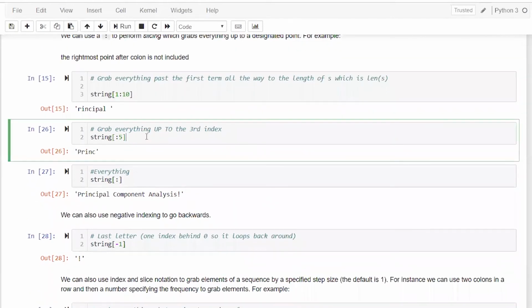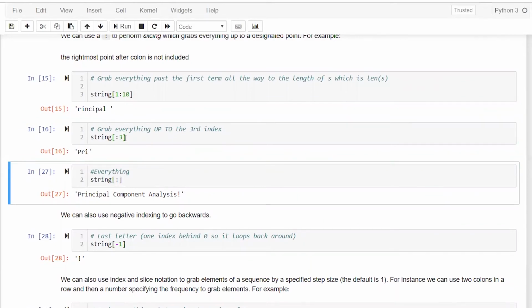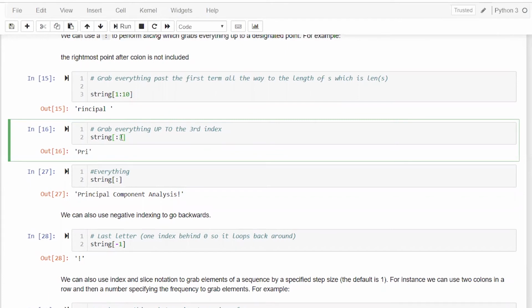Now let's say I want to extract up to the third index, so I specify 3. I can get up till the third index, because the index value 3 is the fourth character, but since this is not included, I'll get the 0th indexed character, the first indexed character, and the second indexed character, which means essentially I'll be getting 3 characters. Okay. So it's not very difficult to follow, it's very easy. The indexing starts with 0, and the rightmost thing is not included, so it's not the index which Python will print out.